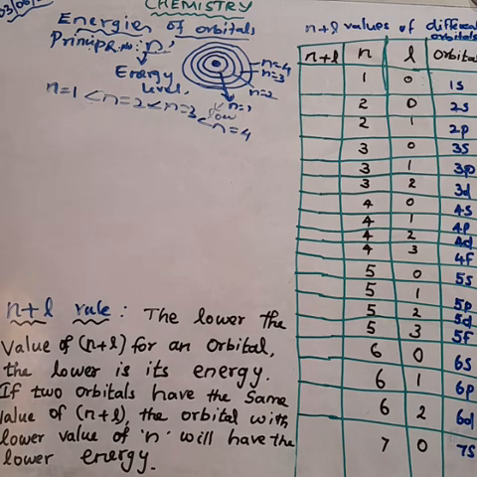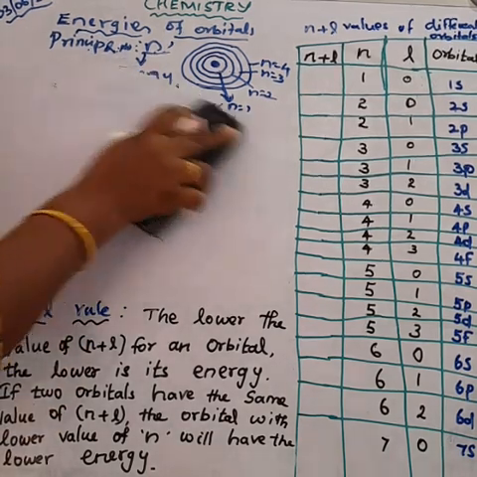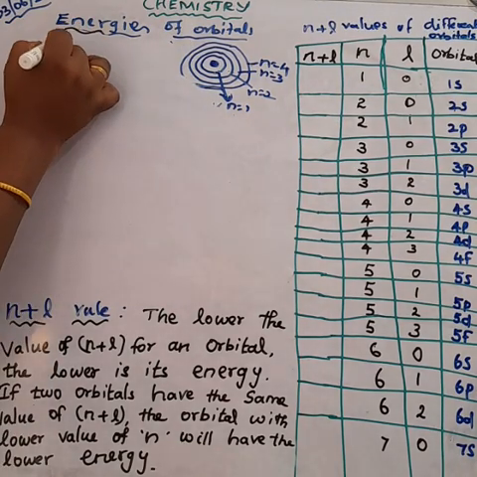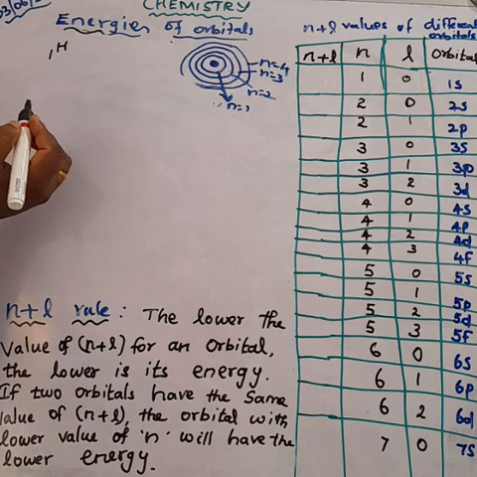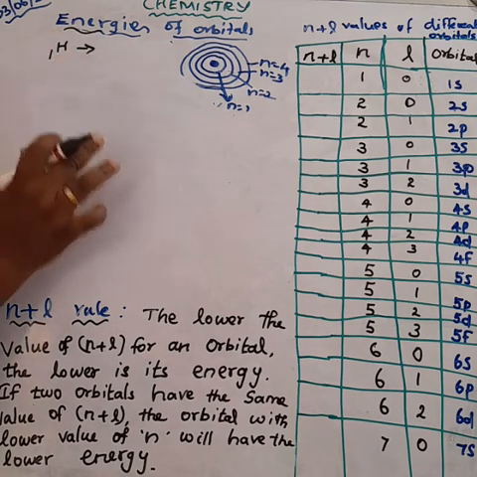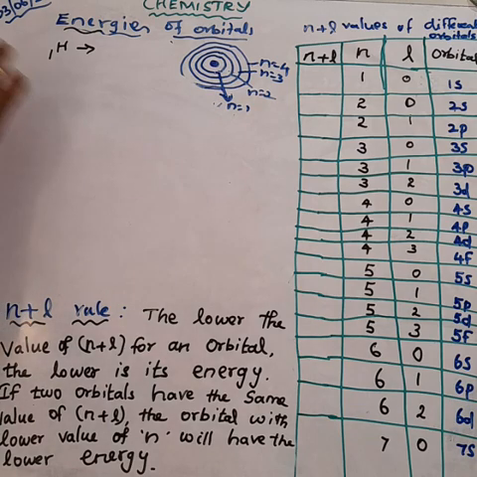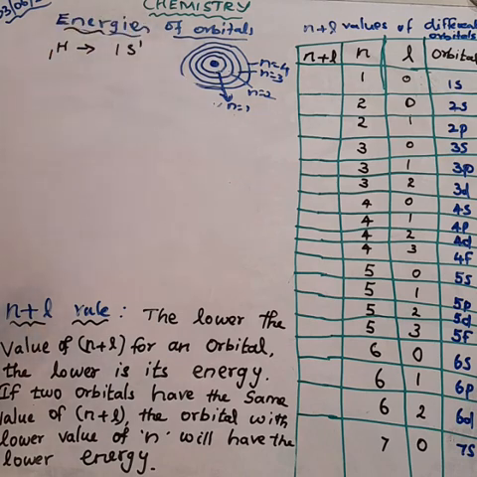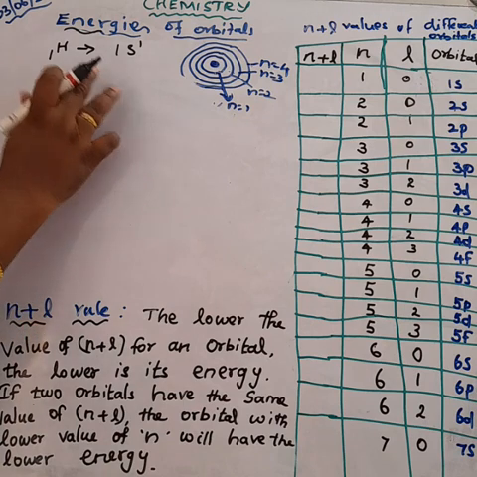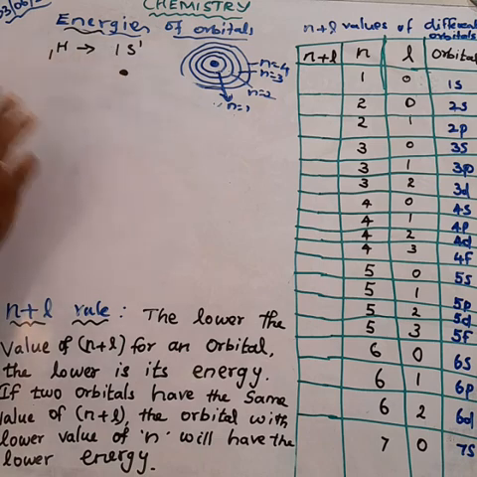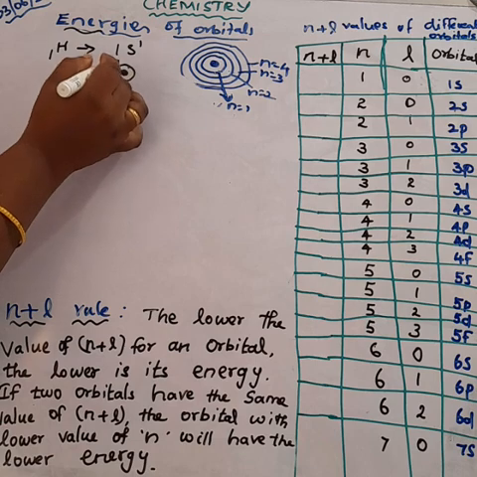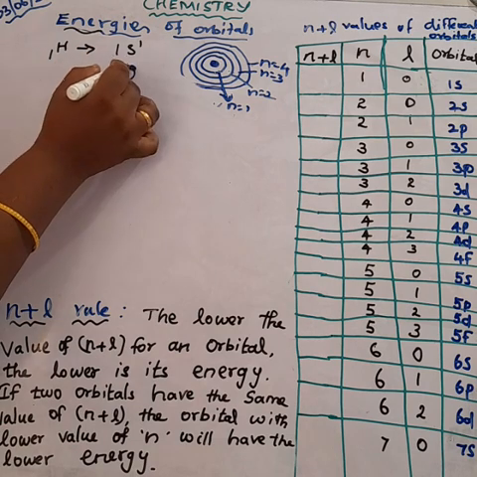Then let us consider the energy levels of a hydrogen-like atom, an atom with only one electron. Hydrogen has atomic number 1, and atomic number means the number of protons or the number of electrons. Here there is only 1 electron, so the electronic configuration is 1s1. This single electron occupies the 1s orbital. This is the nucleus, this is the first shell, and the hydrogen atom has its 1s1 electron in it.